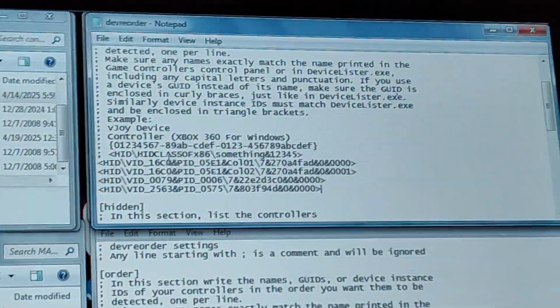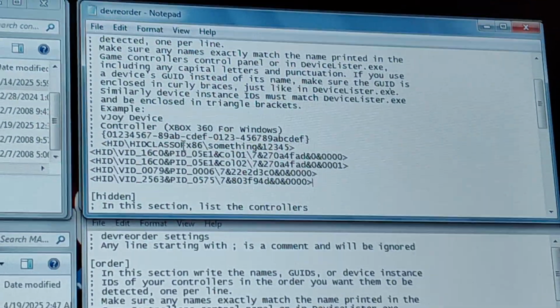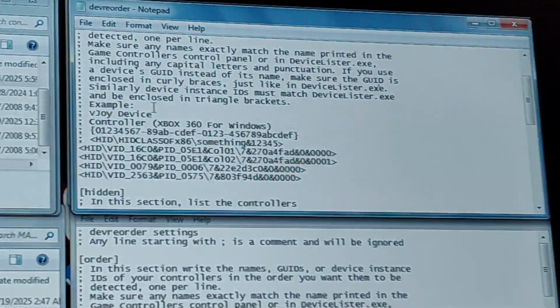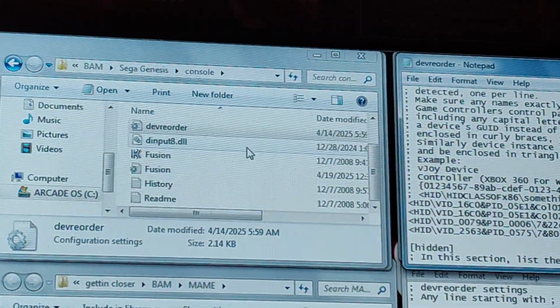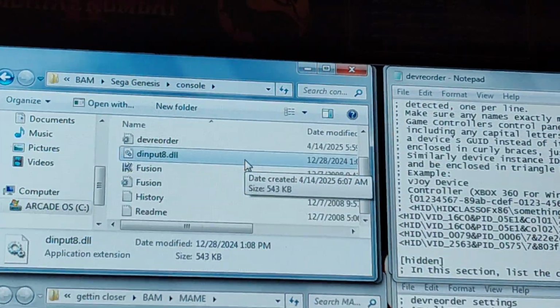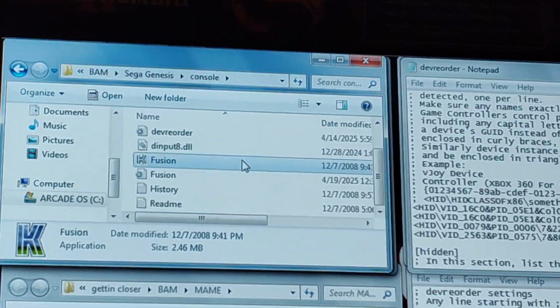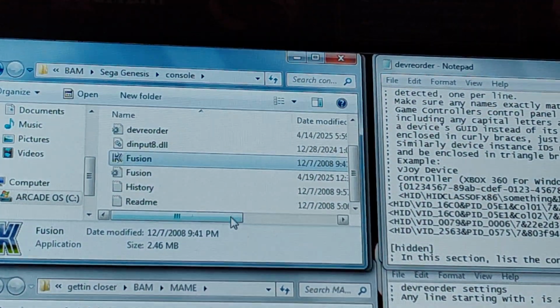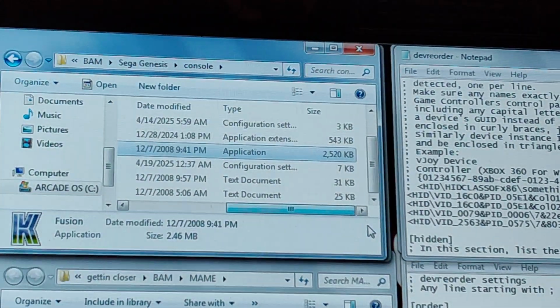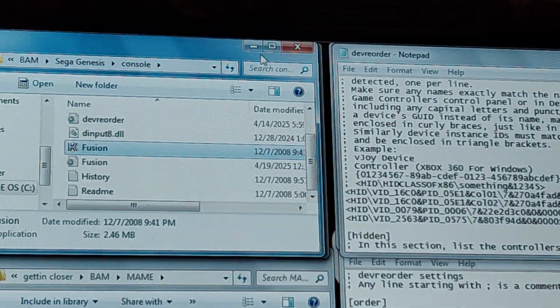So as long as that binary is running, it will respect this order rather than the order that you'll find in joy.cpl. And it does work as long as you have the correct version of this DLL. There is a 32-bit for 32-bit applications and a 64-bit for 64-bit applications. I think there is a difference in their size. So this smaller one will be the 32-bit application. So let's move on to the next example here,